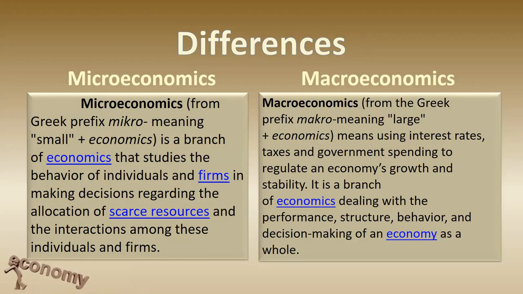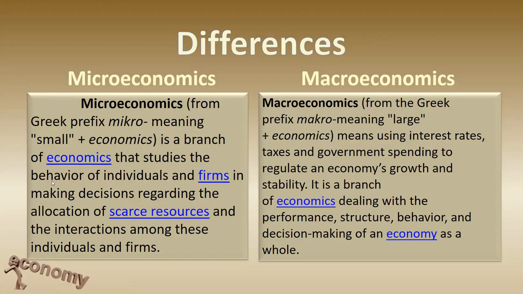What are the differences between micro and macroeconomics? The person who made this distinction between microeconomics and macroeconomics is Ragnar Frisch of Oslo University, who first used these two terms. That means he is the first person who made the distinction. Whenever we are talking about microeconomics, the word micro came from the Greek, where micro means small.